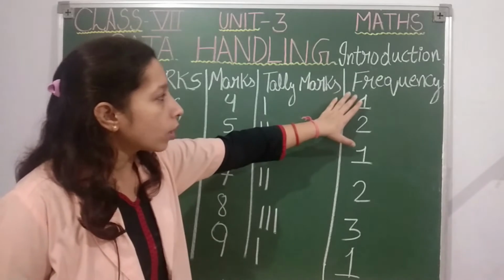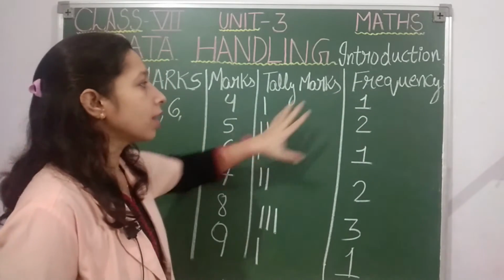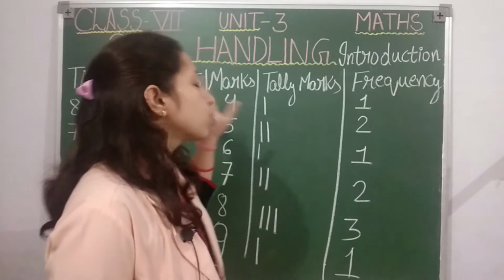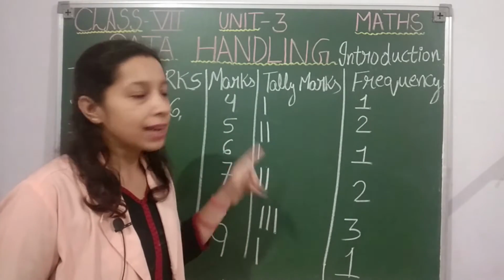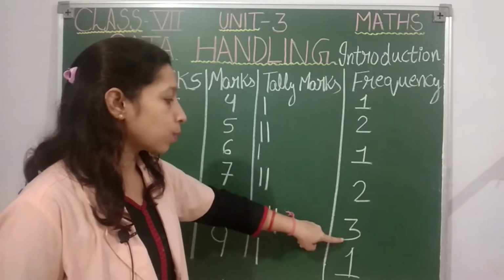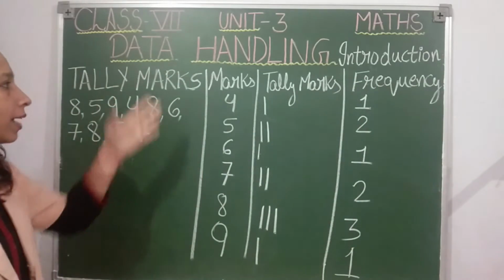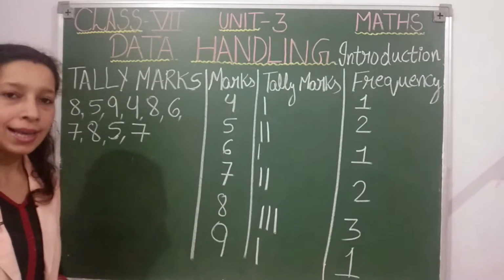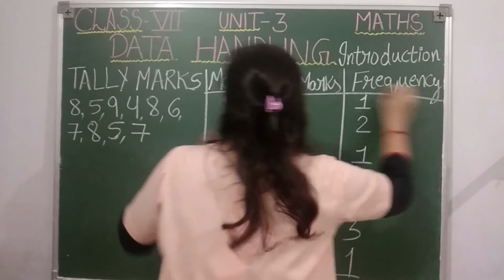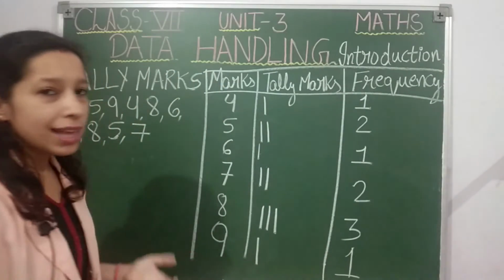Now what I told you, what is this? The number of repetitions for the marks, or the number of students that have scored the following marks. Okay, so I told you the total number of students is 10. Let us check. 1 plus 2, 3, 3 plus 1, 4, 4 plus 2, 6, 6 plus 3, 9, 9 plus 1, 10. Yes, so I have 10 students and these are the marks scored by them. Clear students? And draw a proper table here now. Okay, we have drawn it, but what is the use of this?